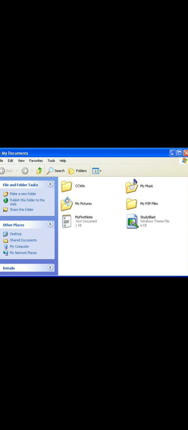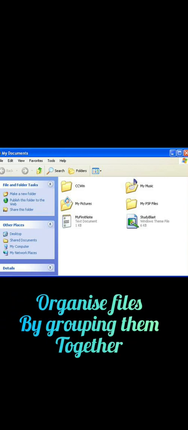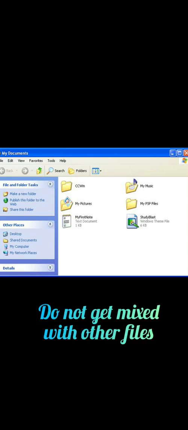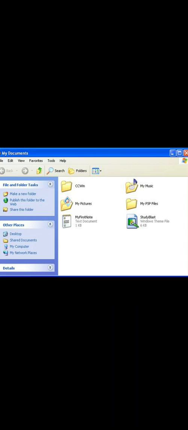Folders. A folder helps you to organize files by grouping them together. In this way, files get categorized and stored systematically and do not get mixed with other files. It is similar to an office filing cabinet.